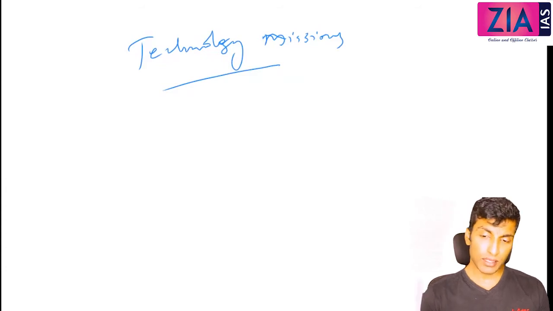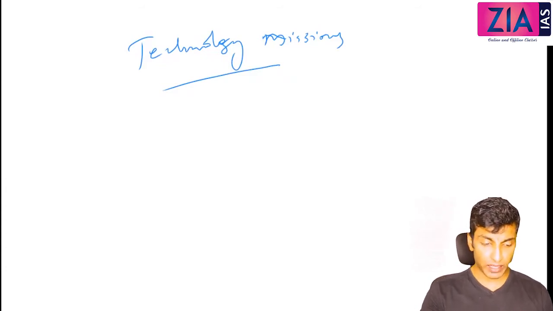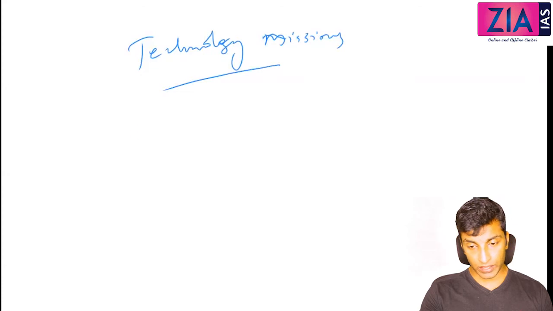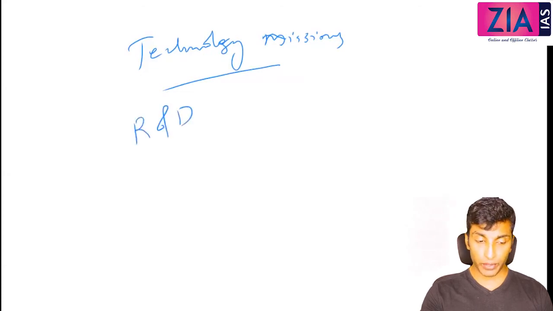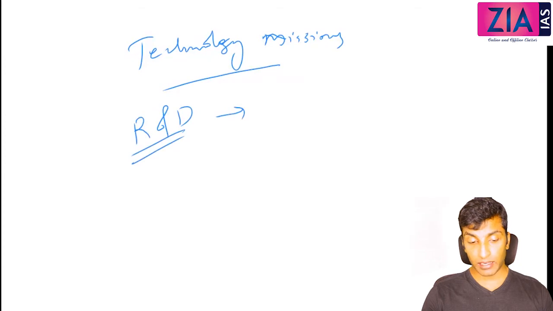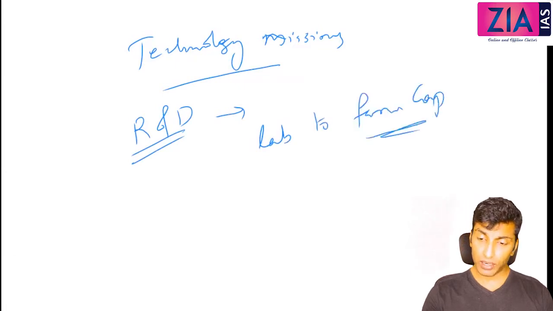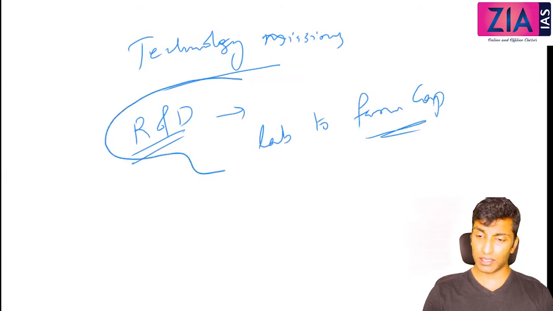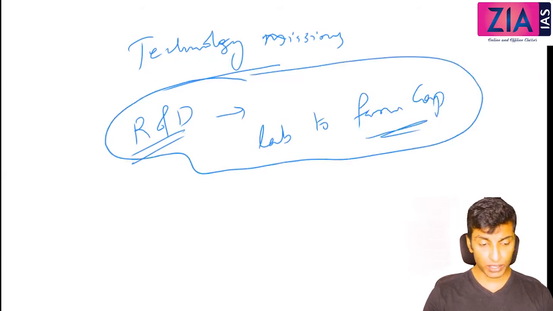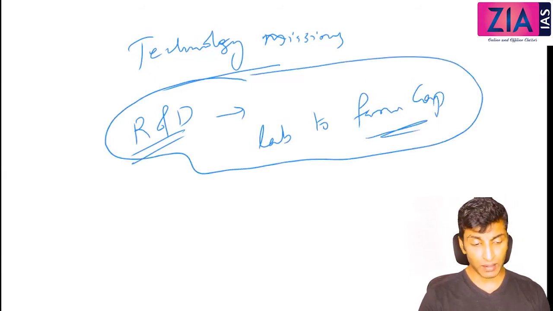Okay, so in this different parts will be there, like research and development. So R&D you can talk about. Basically you need to develop better quality of seeds, right? Then agricultural extension, like that lab to farm gap, that you need to fill. So here that is just understanding about technology mission. Mission mode you just need to understand.